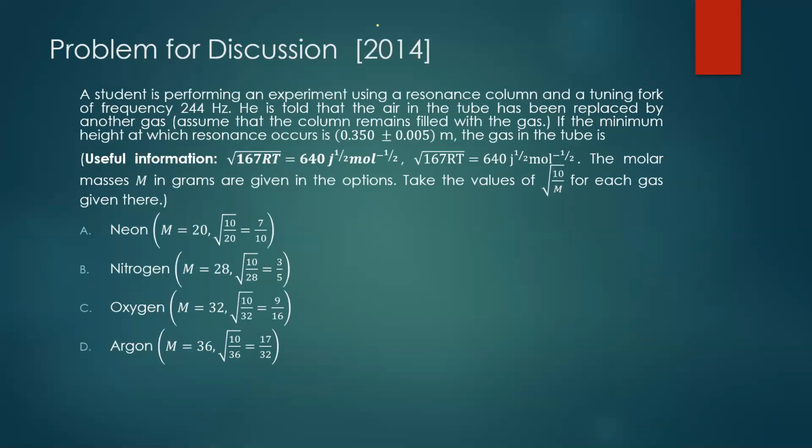Okay, so try this. A student is performing a resonance tube experiment. If you recall the resonance tube experiment, you know that the first resonance occurs at the minimum possible length of the air column. Then after that, for higher lengths of the air column, you will get the other harmonics, the higher frequencies, because we are looking at a closed tube, because the lower end of the tube has water in it. Okay, so the tube looks something like this.